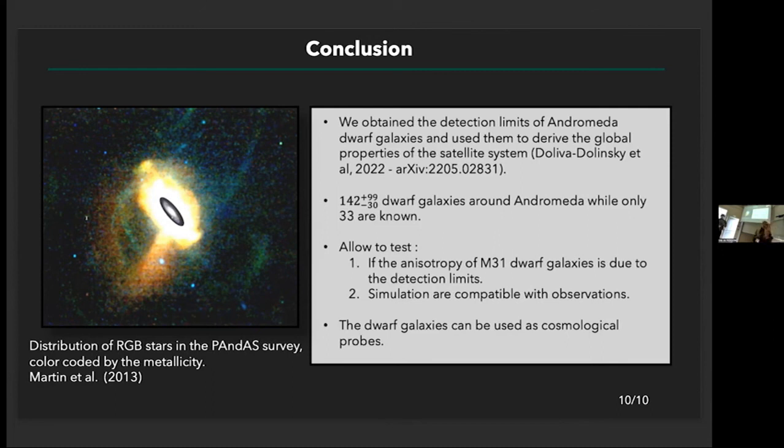Okay. One question. Right. Our question is from Terry Bridges. What are the prospects for detecting more M31 dwarf galaxies in the future? So I guess if we use, for example, Hubble, we can go deeper and so obtain more stars. So it will make it possible to detect dwarf galaxies with lower magnitude,